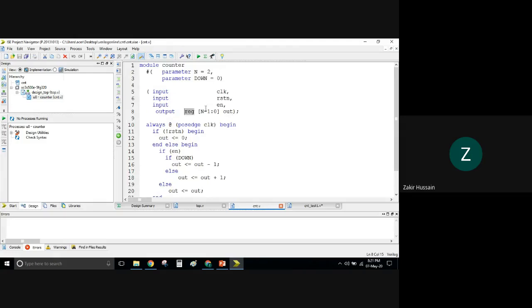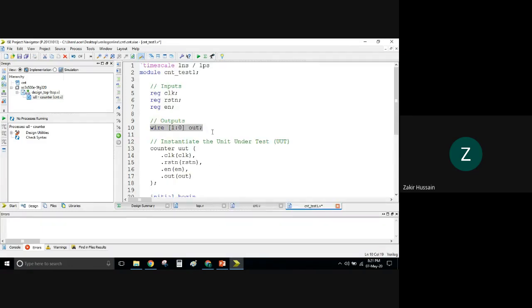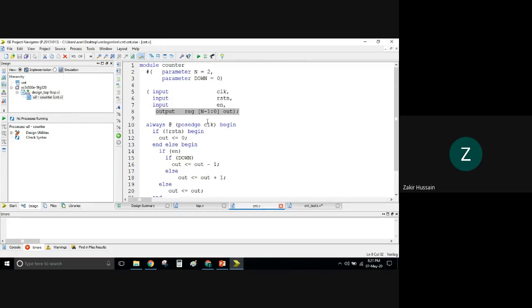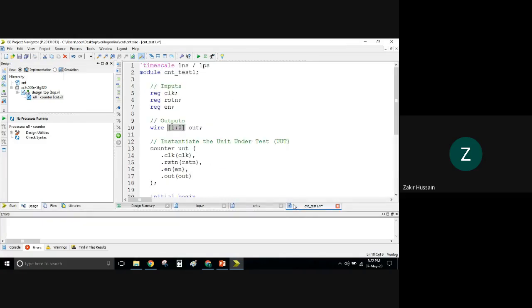Now we have taken this complete one, which, if you observe, is declared here as a wire. The point to be noted here is that the size is important. This vector size is important. Here you see this vector n minus 1. So n minus 1 here we did not substitute. Let us see what it has taken.